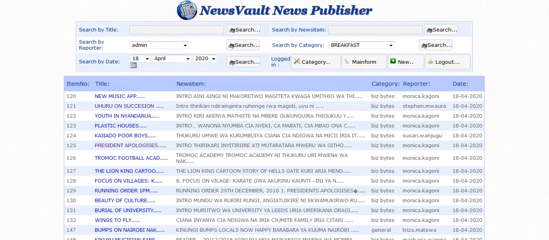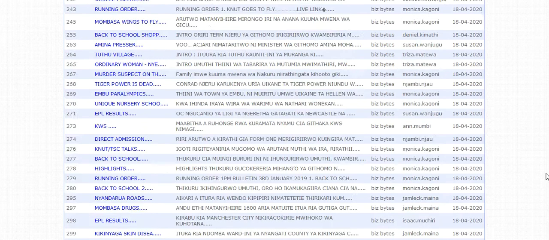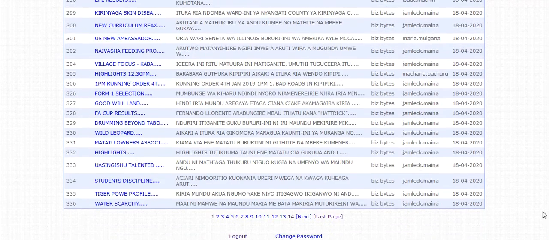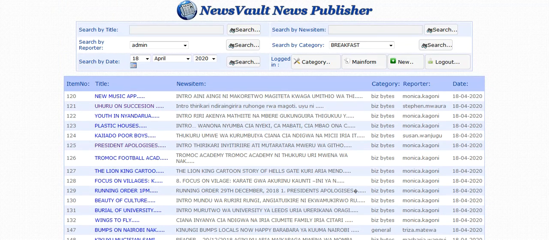So this is where you get what's called the main form. This is where all the news for the day are shown by default. So these are all the news for the day. So for example,